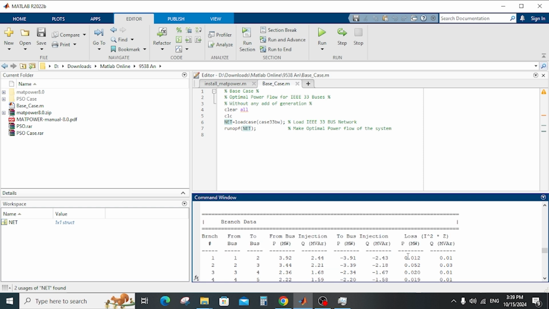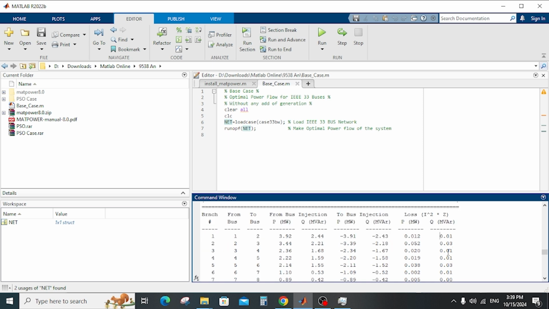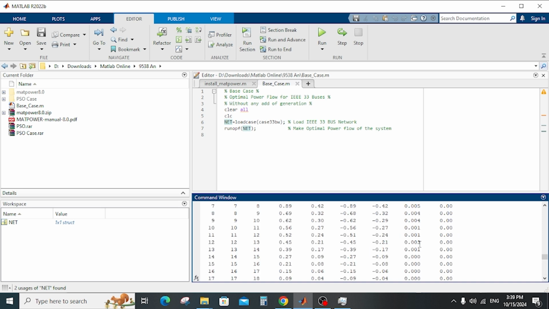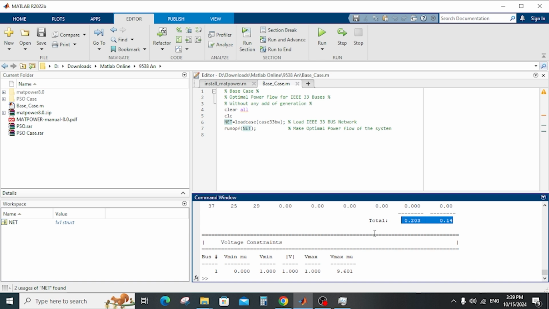And after that, what are the losses in each line, real losses and reactive power losses for each branch, and also the total. It is in megawatt, sorry, it is the megawatt and megavar, right. And the last one is the constraint, as you see here. We have the minimum value 1, absolute, at bus 1. It has a constraint, as you see here. This is the output of the run